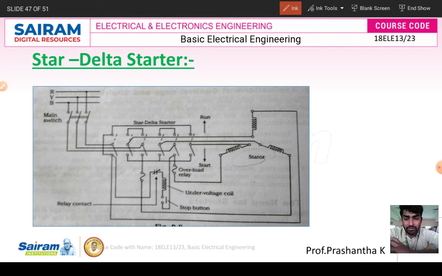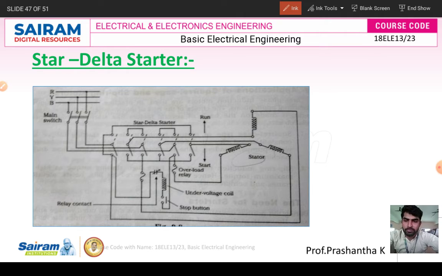In the basic electrical laboratory we are using an auto transformer for varying the supply for the three phase output or three phase load, and the rotor resistance starter. By reducing or increasing the voltage, we can start the induction motor. And flux control is also possible. Here, the star to delta starter will be there in our syllabus, okay.